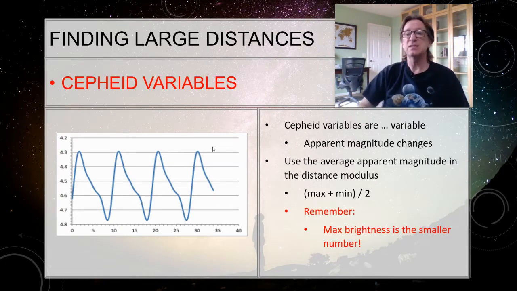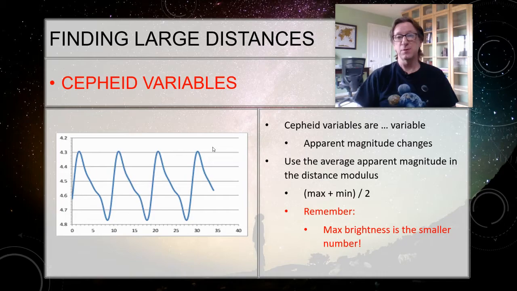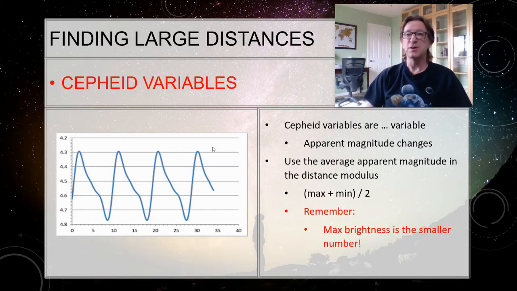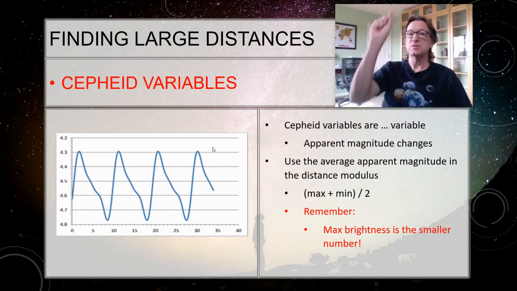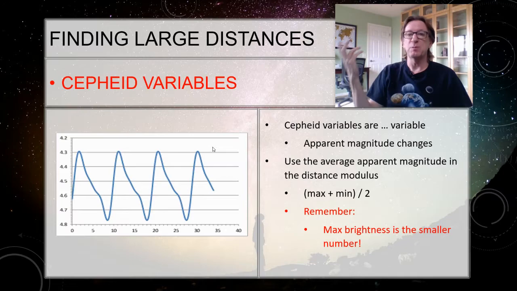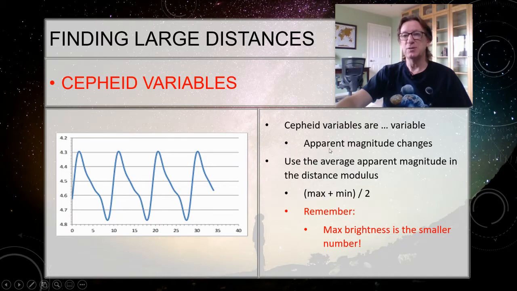And you can actually see this. Delta Cephei, which is the first Cepheid variable that was ever discovered, you can actually see it with your naked eye getting brighter and dimmer and brighter and dimmer. And by comparing to the stars around it, you can figure out its period. My brother did this in Cub Scouts in 5th grade, so you can too. But I need to know what that apparent magnitude is.